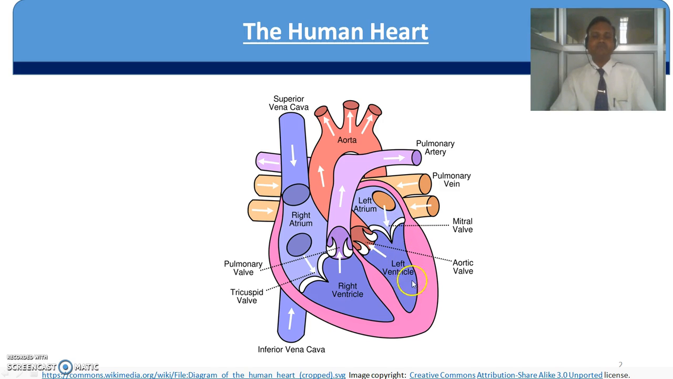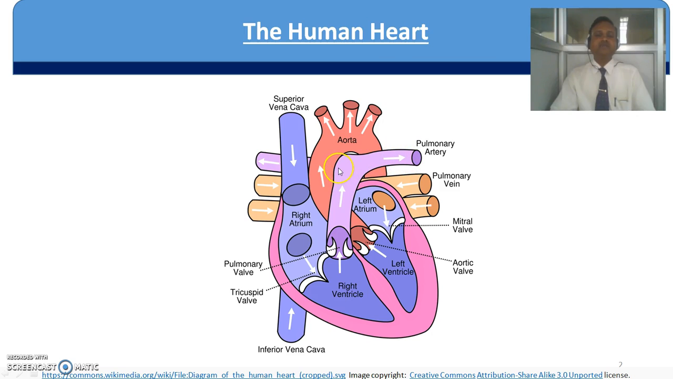bicuspid valves. Between the left ventricle and aorta there are aortic valves which are called semi-lunar valves, because they have a shape like a crescent of the moon. And then between the right ventricle and pulmonary artery there are semilunar valves again, which are called pulmonary valves. Now, an interesting thing to remember in this anatomy of heart is,